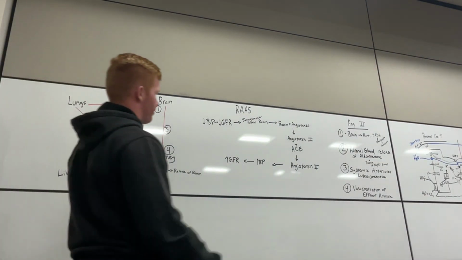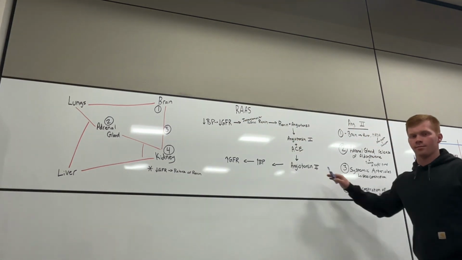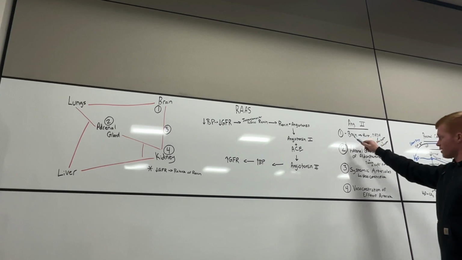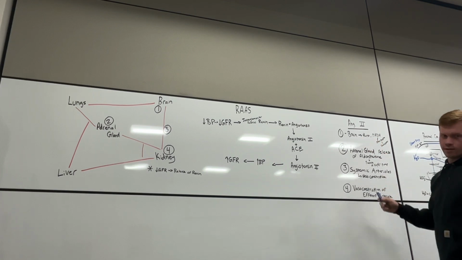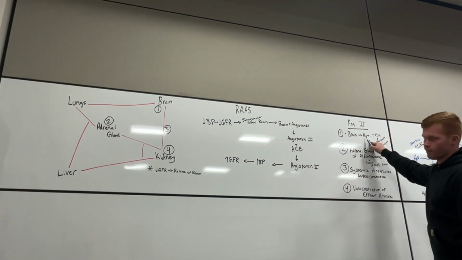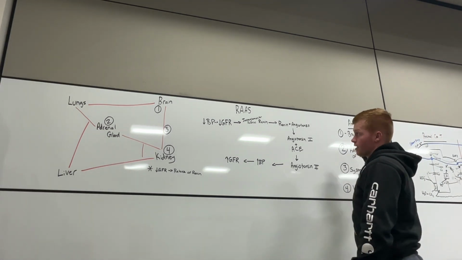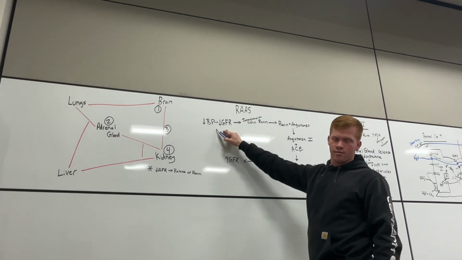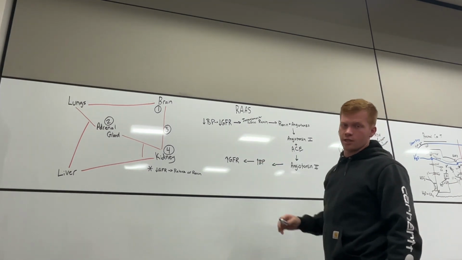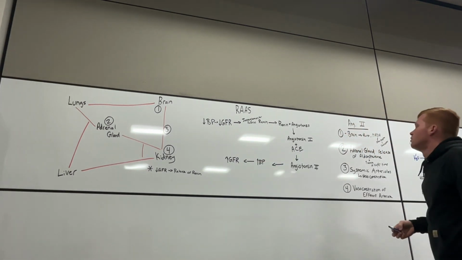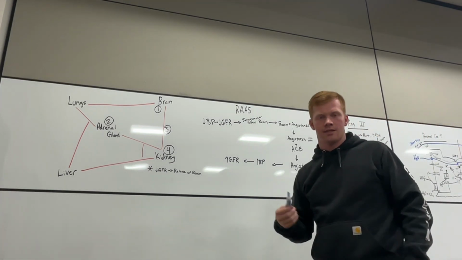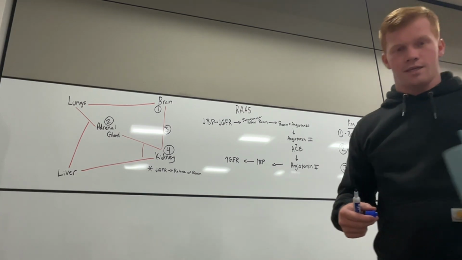So, we talked about angiotensin 2. This is the playmaker right here. Angiotensin 2, what is it going to do? Number one, something in the hypothalamus is going to increase thirst. Because remember, we have low blood pressure right now, and we're trying to fix that because it's causing a low GFR. And so if we increase thirst, we're going to increase water intake, which is then going to increase our